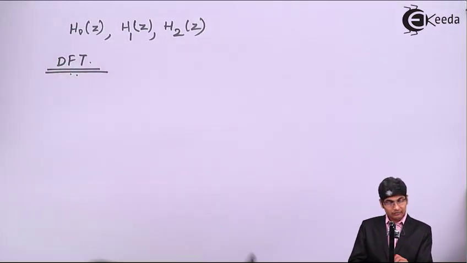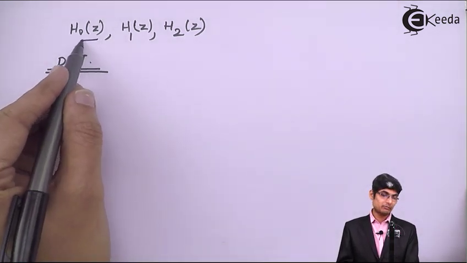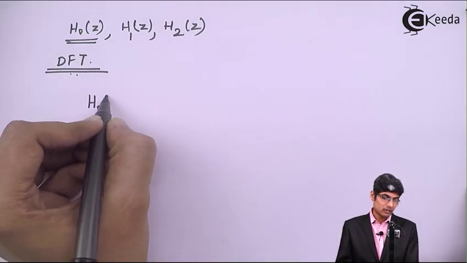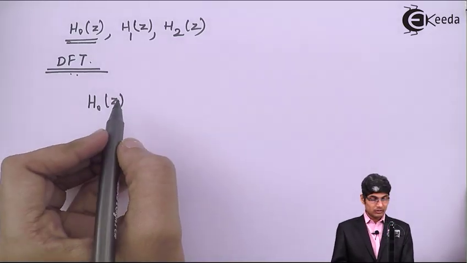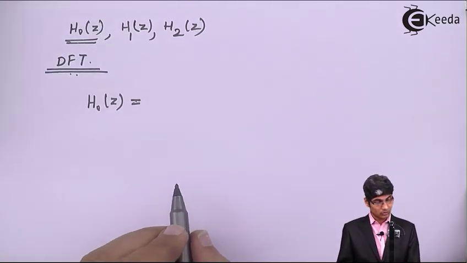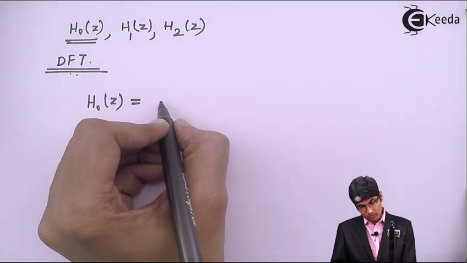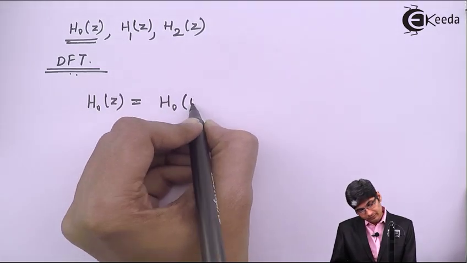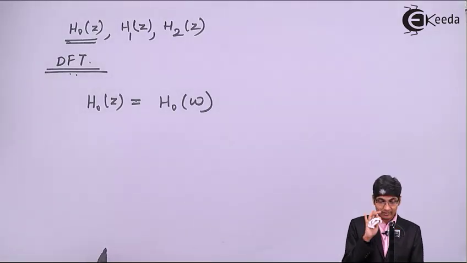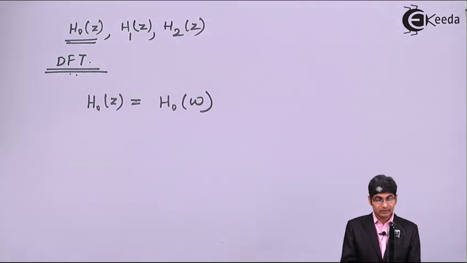In a DFT, what I do is design a prototype filter which we called h0 of z. So h0 of z becomes my base prototype, and it will no more be called h0 of z; it will now be called h0 of omega, because I have Fourier transformed it. Now what I do is shift the transfer function, not the signal,